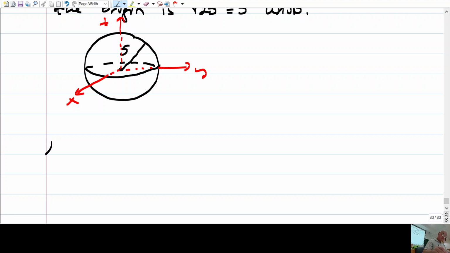Let's do more examples. Identify the graphs